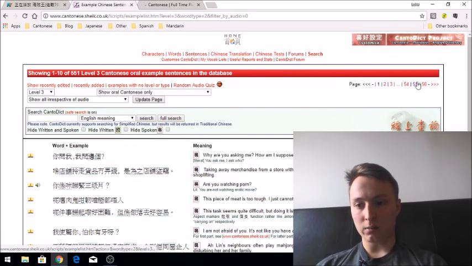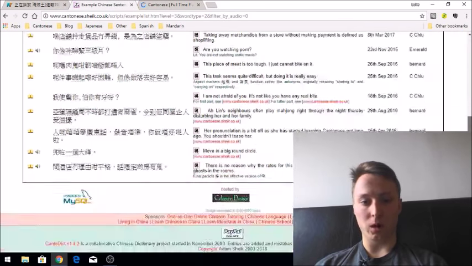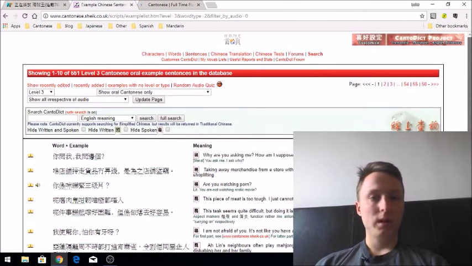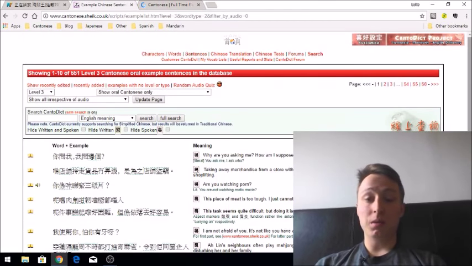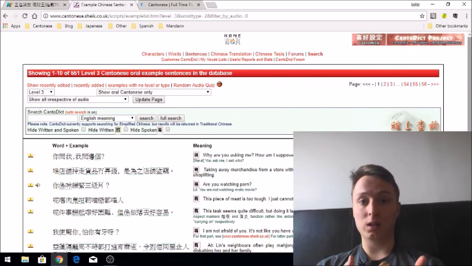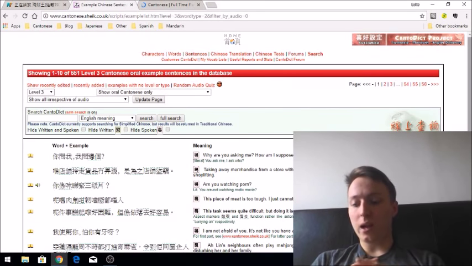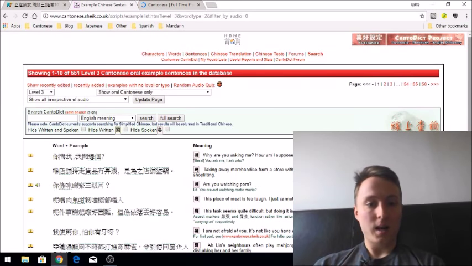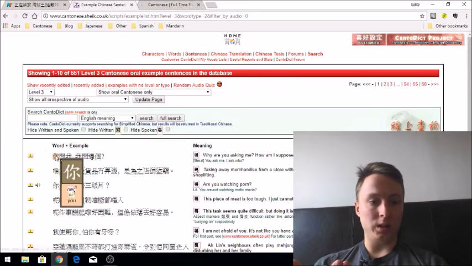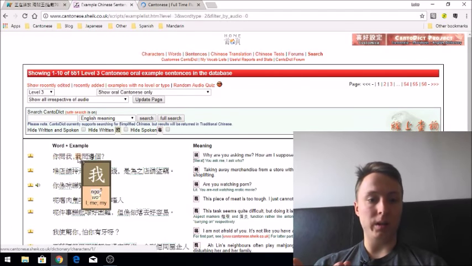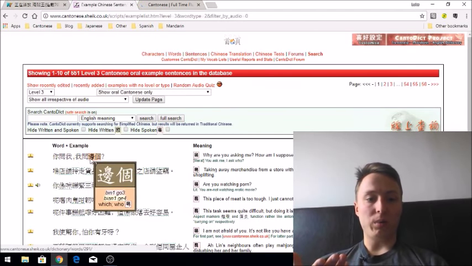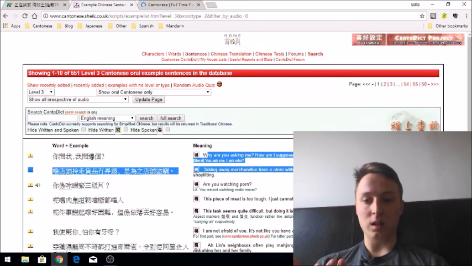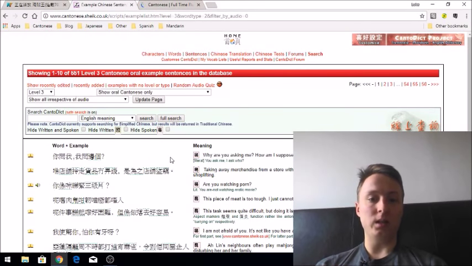And you see, you literally have 56 pages. You're talking about hundreds of sentences here. The best thing about this probably is that you can go through and try and find stuff that's relevant and interesting for you to say, and try and fill in your gaps, what you think will be useful. And with Cantodict, it's really easy. You literally just hover your mouse over and you can see the Jyutping. Copy it straight over to your flashcards, English translation there. So it's quite an easy way to get them, but